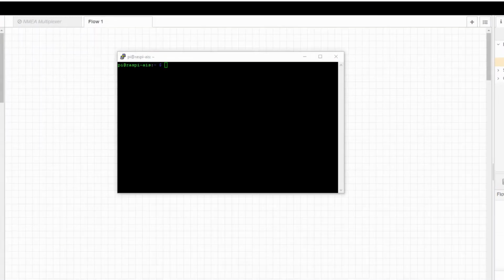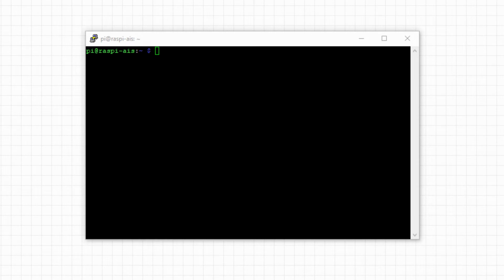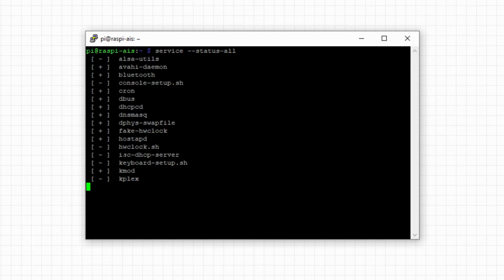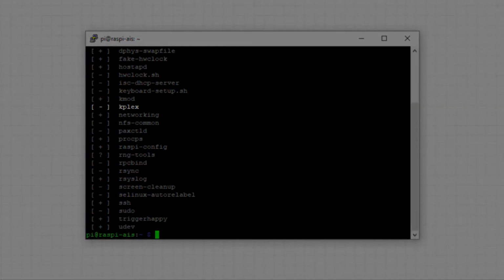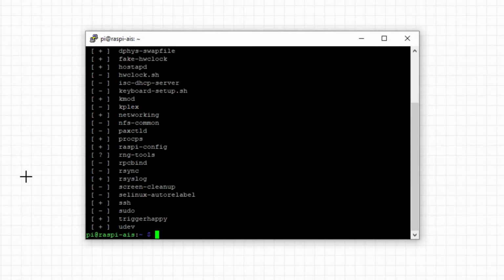Alright, let's start with the fun part, and please ensure that Kplex or any other service is not running, because I have, for example, Kplex on this machine, and when we take a look, it's disabled. So you see on the Kplex, there's a minus. If it's enabled, we get in conflict with NodeRED. We want to access the same ports. Which port you know, and remember, we can do a list on our